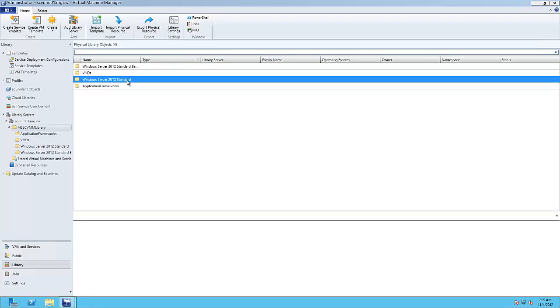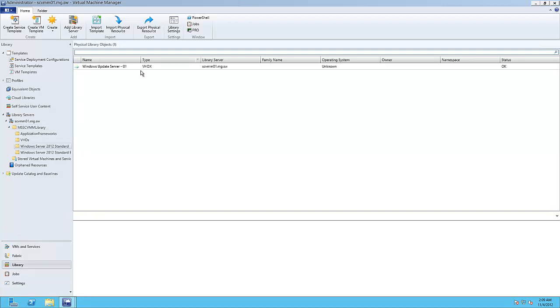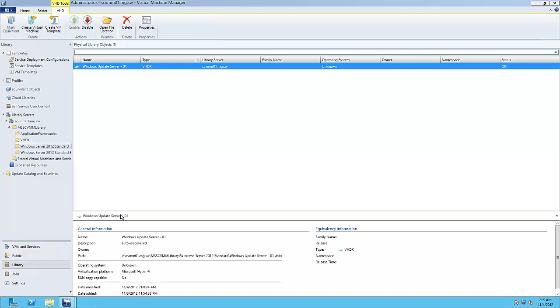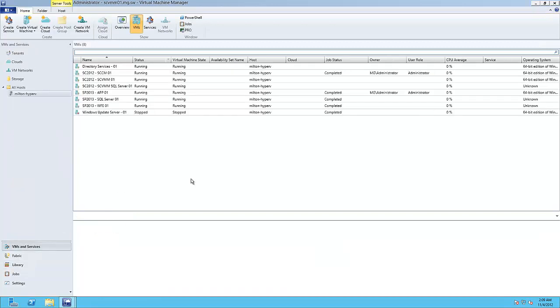In our library, you can see that we newly created Windows Server 2012 standard. The date added, the date modified is just a couple of minutes ago. Okay, so since the VM template is working, let's try to create a new virtual machine based on this